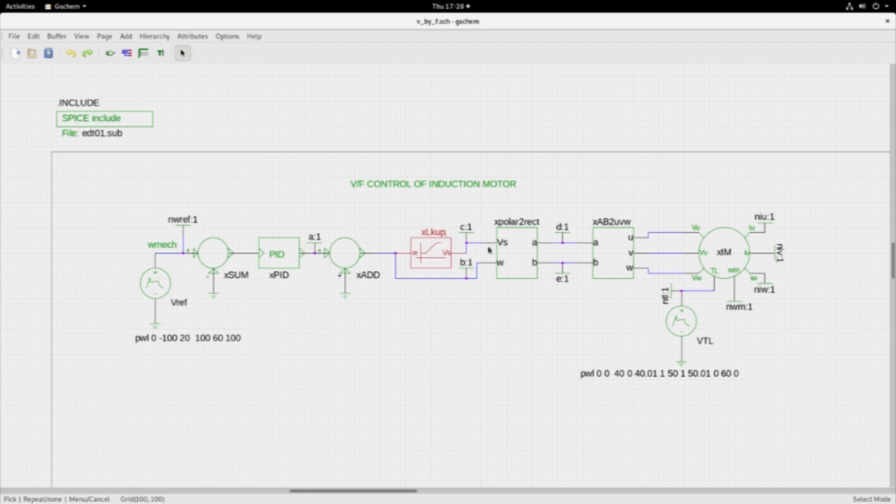So you have Vs and also omega coming in here, and this is a vector, Vs vector, and omega is the frequency at which it is rotating, or omega t is the angle. So this polar coordinate system is converted to a rectangular coordinate system. Again, this is a sub-circuit, x polar to rectangle. We saw that the polar to rectangle sub-circuit is available in the EDT01.sub, and this block converts polar to rectangle alpha beta. So alpha beta or AB is used